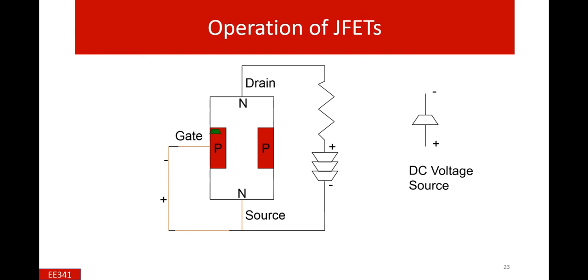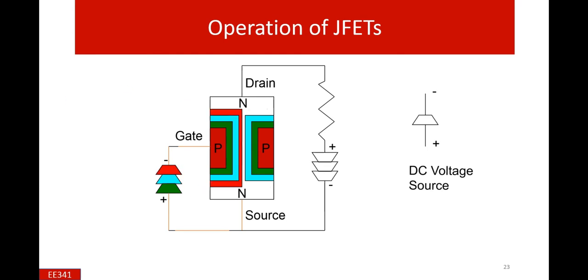This is representing some fixed value of the source. If we apply this voltage, it makes the depletion region wider. Maybe this shows some uniform situation, but it is non-uniform between the n type and p type channel. If you further increase the level of the voltage, then the channel between the drain and the source gets narrowed again. If we further increase the voltage, this is the pinch-off situation.